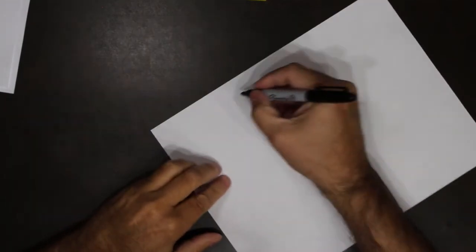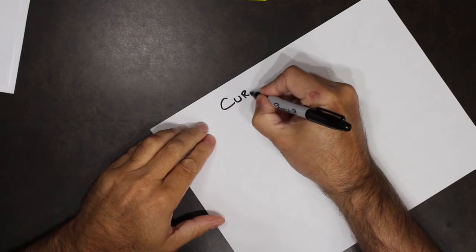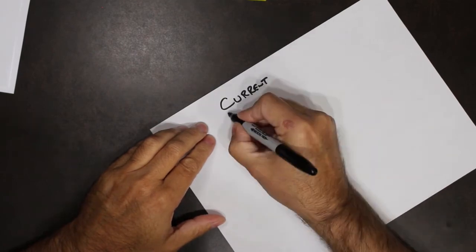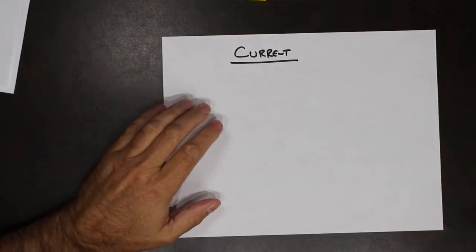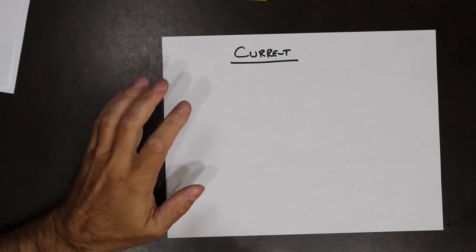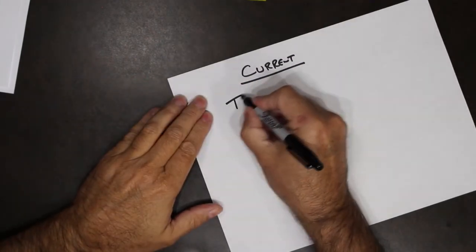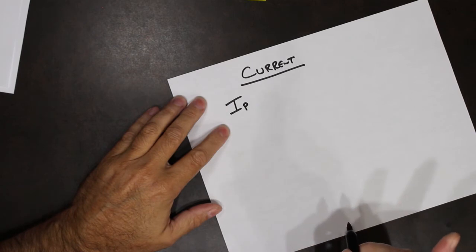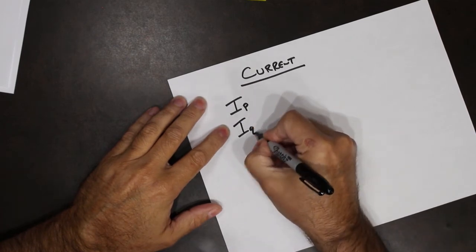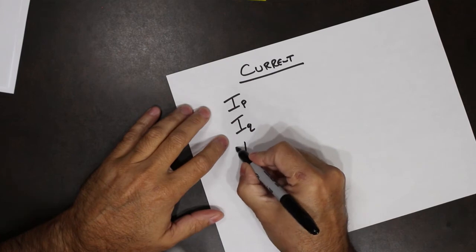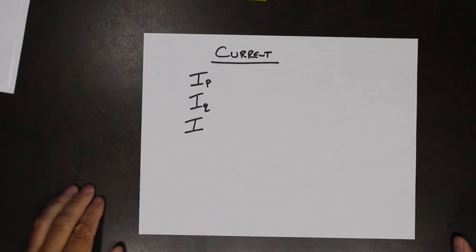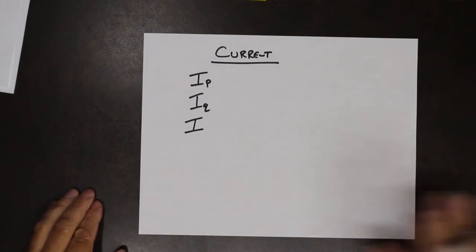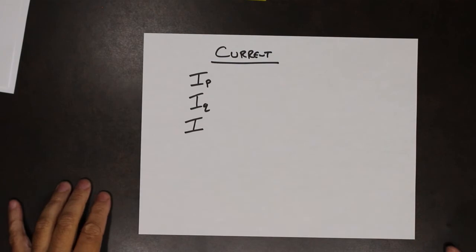All right, what about currents in the system? When we're dealing with active and reactive powers, remember we had IP as active current, IQ as reactive current, and I as the total current flowing through the whole system. How do these values calculate? Well,